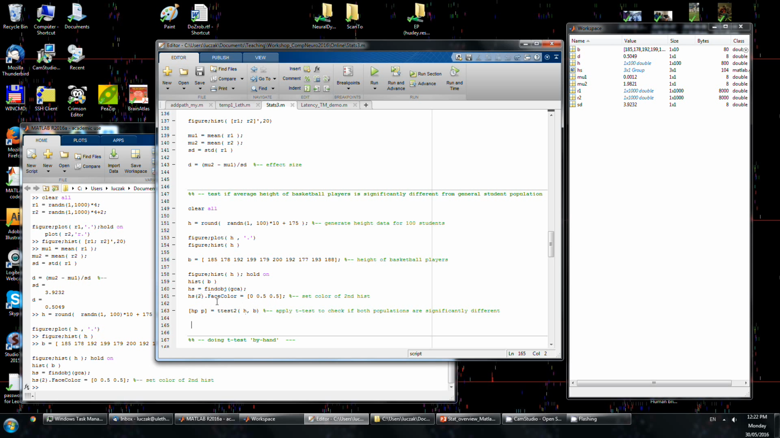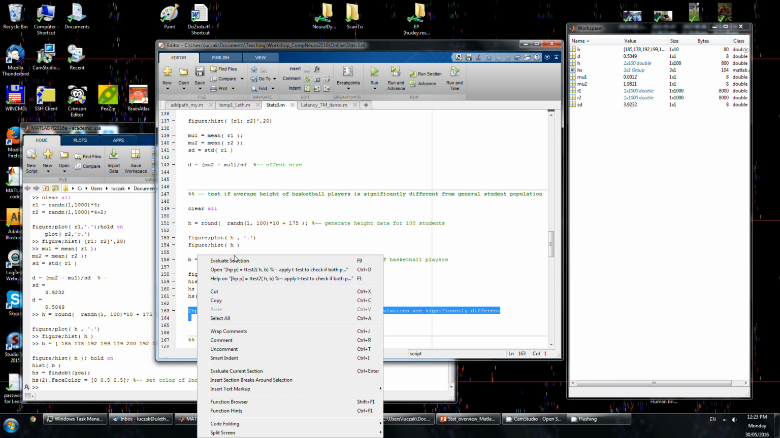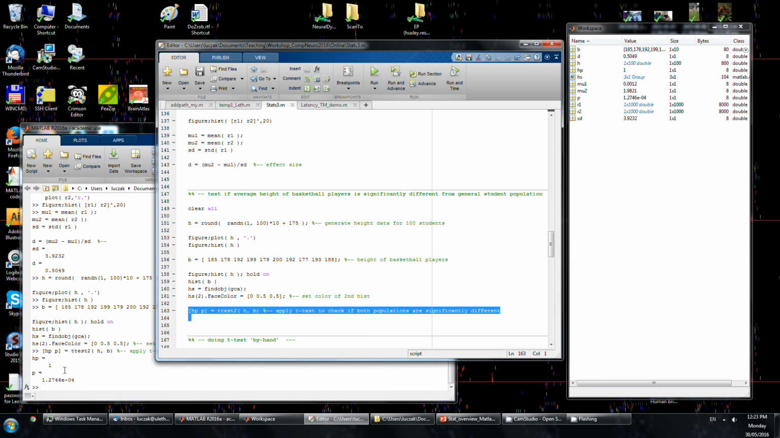And so we had these 2 different histograms, and the way to test it in MATLAB is to apply this ttest2. So this ttest2 takes 2 distributions, and those 2 vectors can have different length, as in our case, where we had 100 people in the original distribution and only 10 people, 10 basketball players. And if we run it, then it will give us